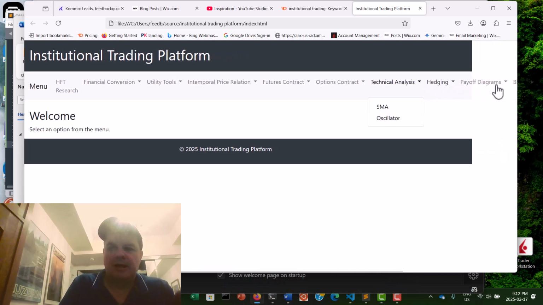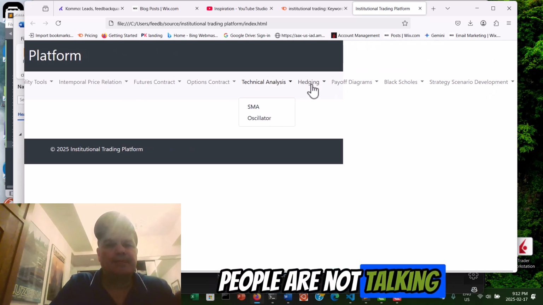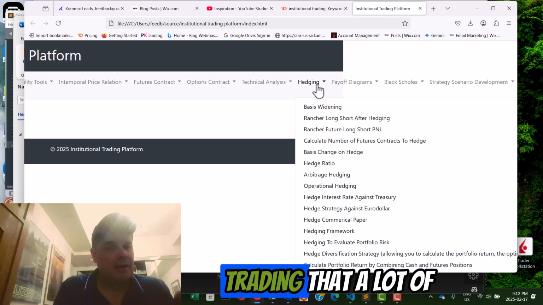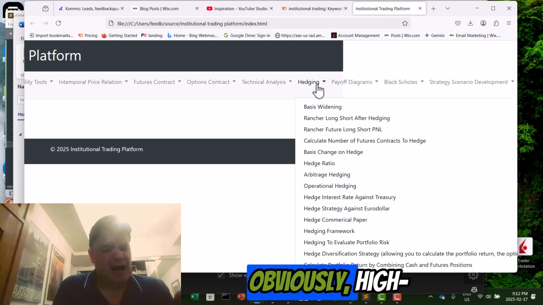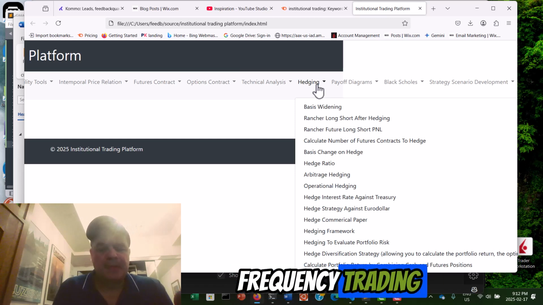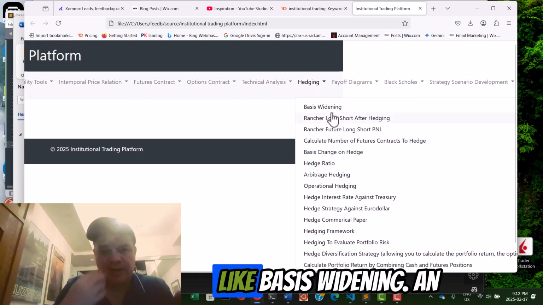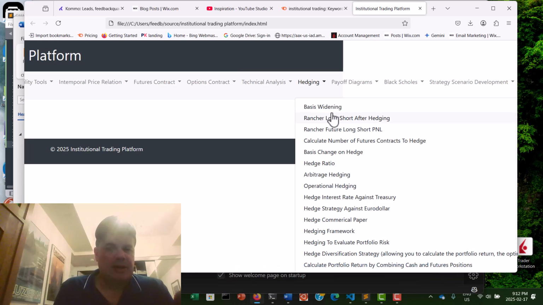So I'm going to go on and use things that other people are not talking about in the world of futures and options trading that a lot of the firms use, namely, obviously, high frequency trading shops. So here they measure on things like basis widening, an example of a farmer rancher using long short after hedging,